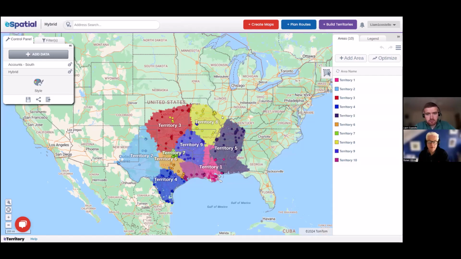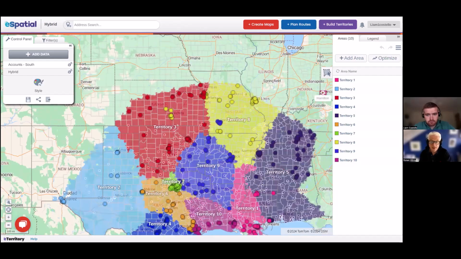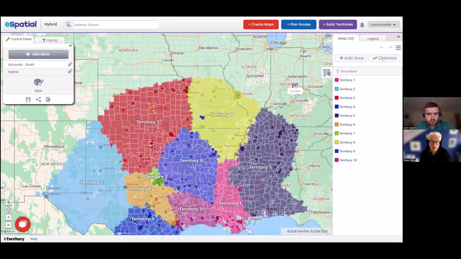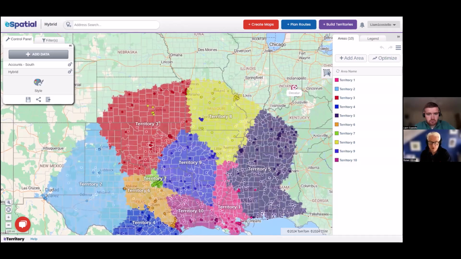Okay, so I'm looking at, and you're going to have to bear with me, Liam, because you're the expert in this area, but I'm looking at territory 3. I can see yellow dots, and what that's saying is that those yellow dots are owned by the person who runs territory 8. Pretty much, exactly. So we call them account exceptions.